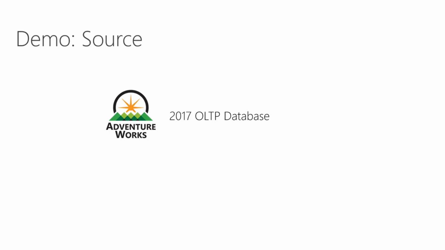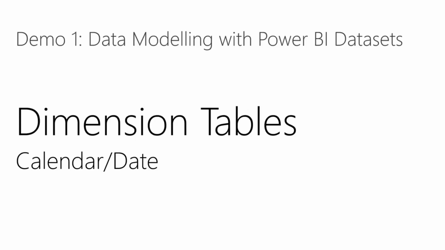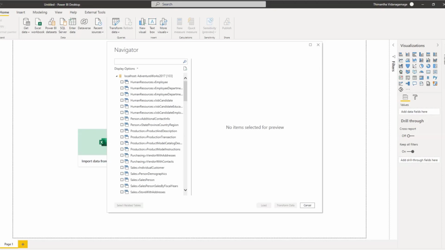Because you have to refer these respective keys. So you will get what I'm saying from the dimension demos and the fact table demos. So firstly, we have a dimension demo, which is the calendar table demo, or you can say the date table demo. That will be the first dimension table that we'll be developing. And for that, I will get a blank Power BI desktop file.